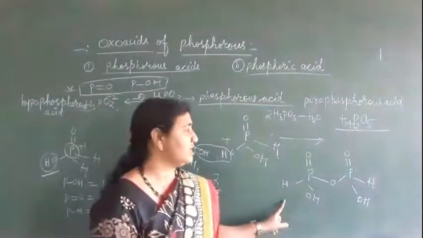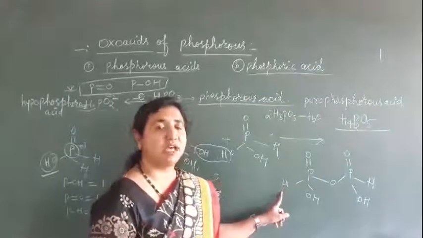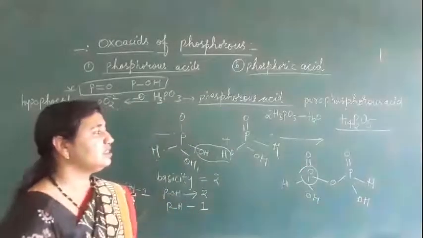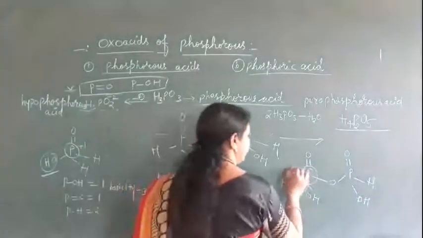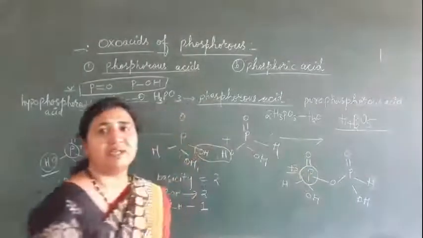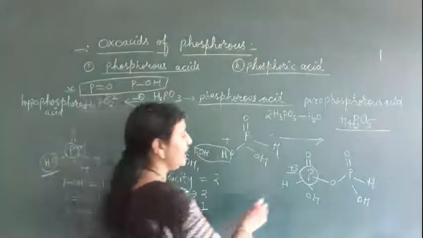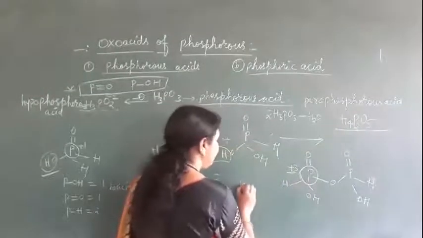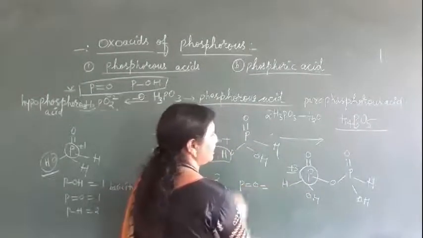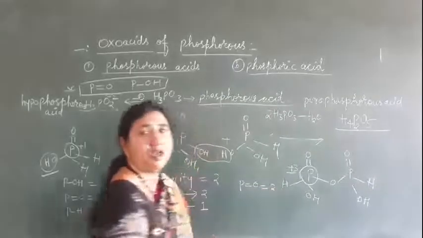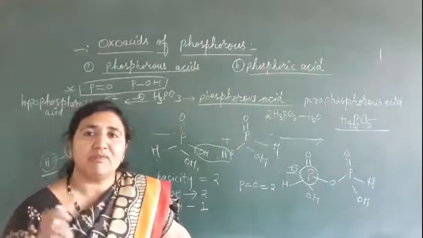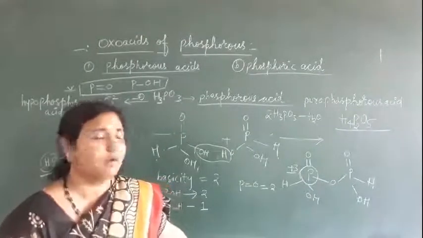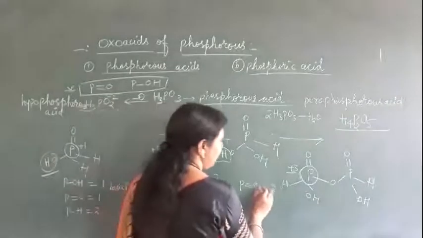In pyrophosphorus acid, if you see the bonds, first, what is the oxidation state for phosphorus here? The oxidation state will be +3. If you calculate, you will get the +3 oxidation state. Okay, and the number of OH bonds, how many? In this case, P double bond O, how many are there? That they can ask here. That is 2 here. Okay. Pyro, remember the word: pyro means it will be a combination of H3PO3. Okay. So P double bond O, how many bonds do we have here?